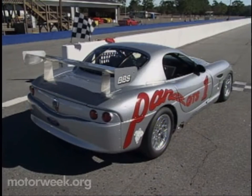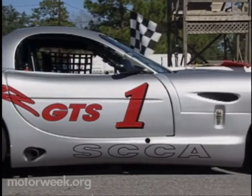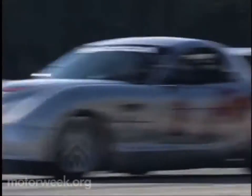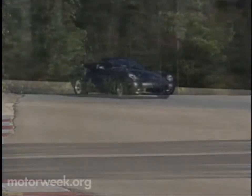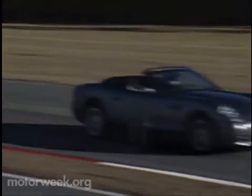The Esperante GTS is available now to compete in SCCA club racing, and to date more than 30 have been delivered. Eventually, Panoz hopes the GTS will anchor its own spec racing series, much like the popular Barber Dodge or Formula Ford events. So whether your venue of choice is a winding country road or a crowded pit lane, Panoz has an Esperante with a winning